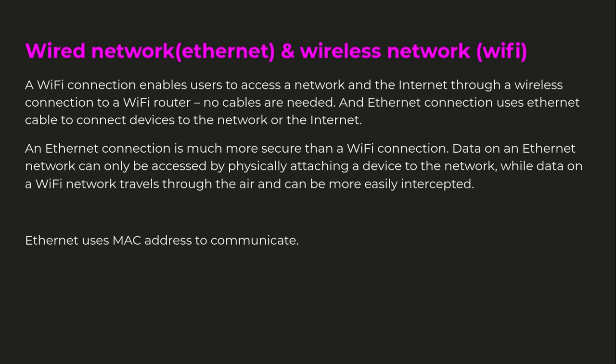And in real time, the communication happens between the systems based on the MAC address, not on the IP address. So in order to communicate with the other systems inside the Ethernet or the local network, we definitely need to know about the MAC address. So in this way, we are going to get the MAC address of the different devices connected to our network. In order to get the different devices' MAC addresses, first of all we need to understand how many devices are connected to our network. So that's what we are going to see in the coming slides.